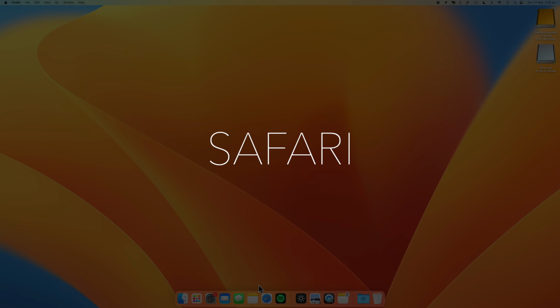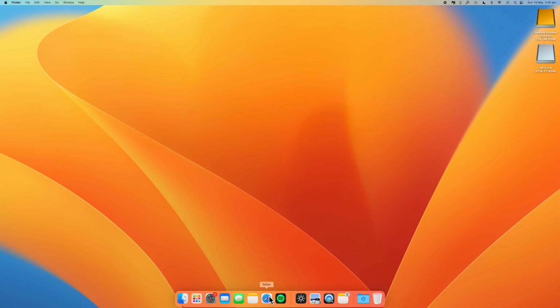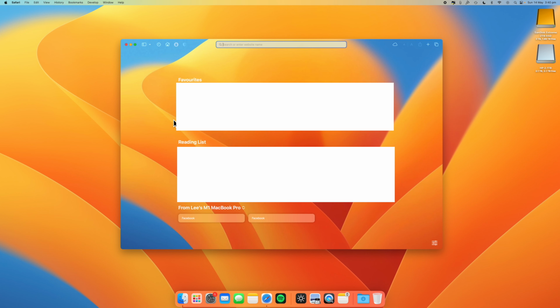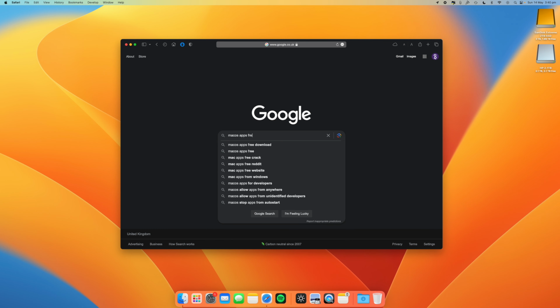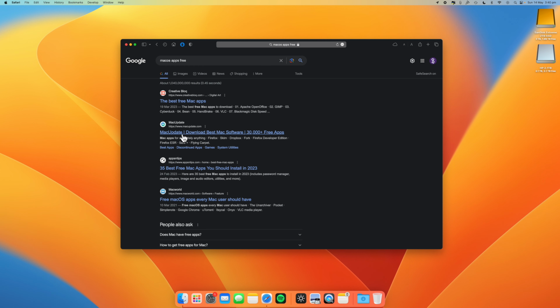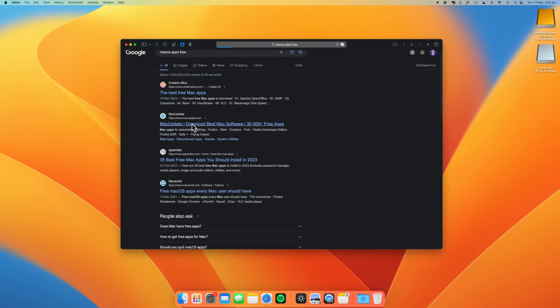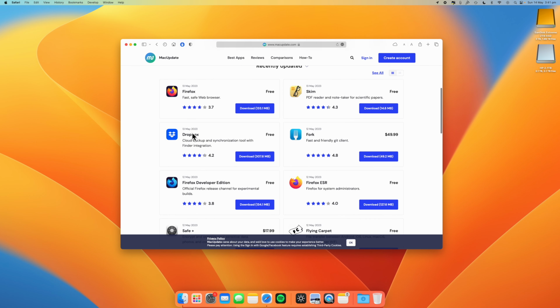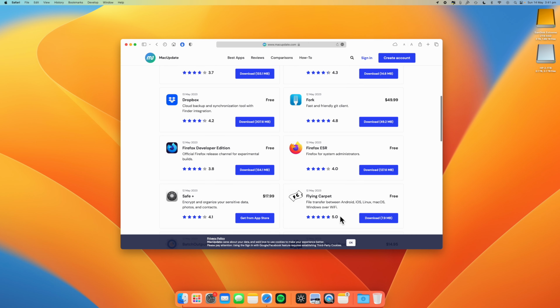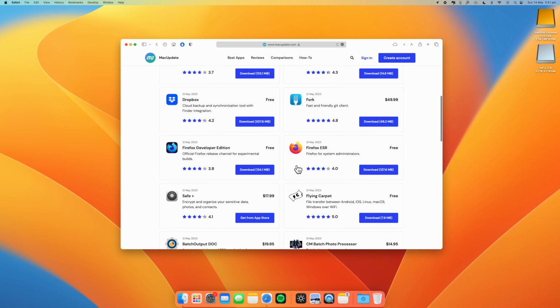Safari is the default web browser in macOS. I have set it up so that the first thing I see are my bookmarks, reading list, and other websites I've accessed on my other devices. This is where you can find apps that are not available on the Mac App Store. Just bear in mind that if you do install apps from the internet, that you may encounter viruses or spyware. So it's very important to use a website that is trusted and reliable. I sometimes use Google Chrome, which you can also download on Safari.